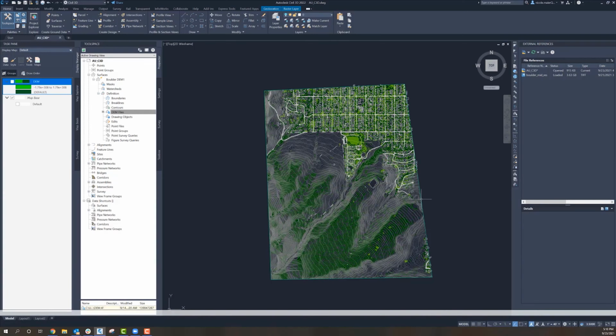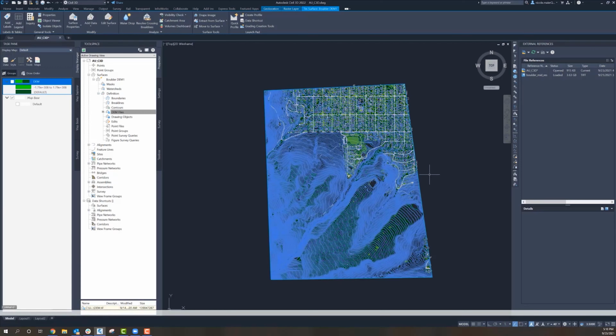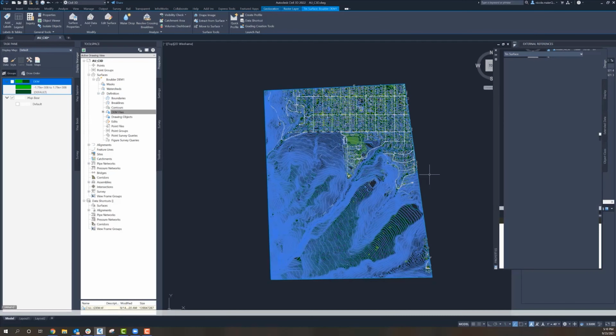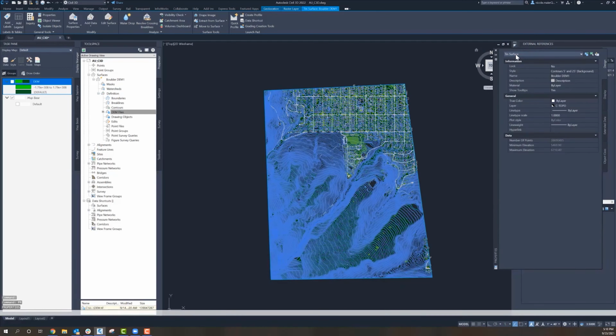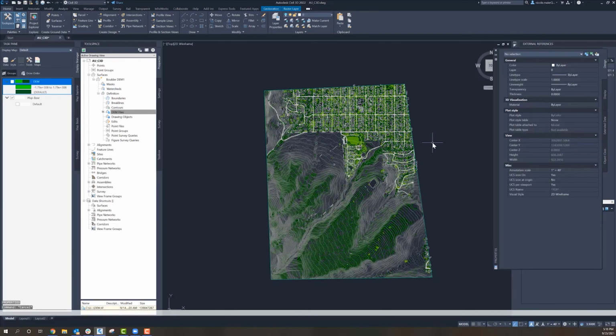What we have right here is the TIN model. As you can see when I go to the properties, this would be a great input for the slope toolbox within here. If you wanted to do a profile on slope or grading, the TIN would be what you would want to input for that.